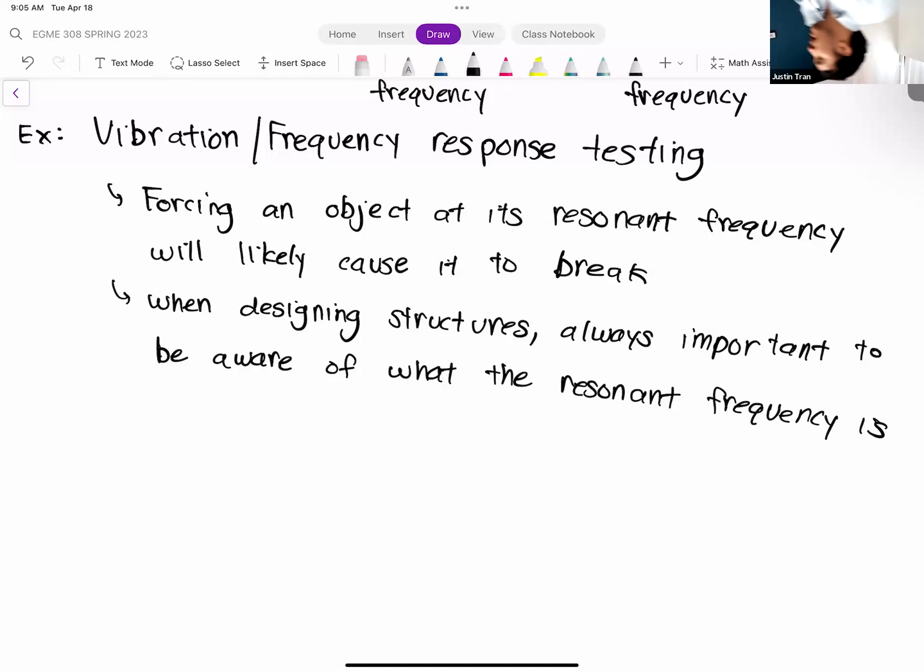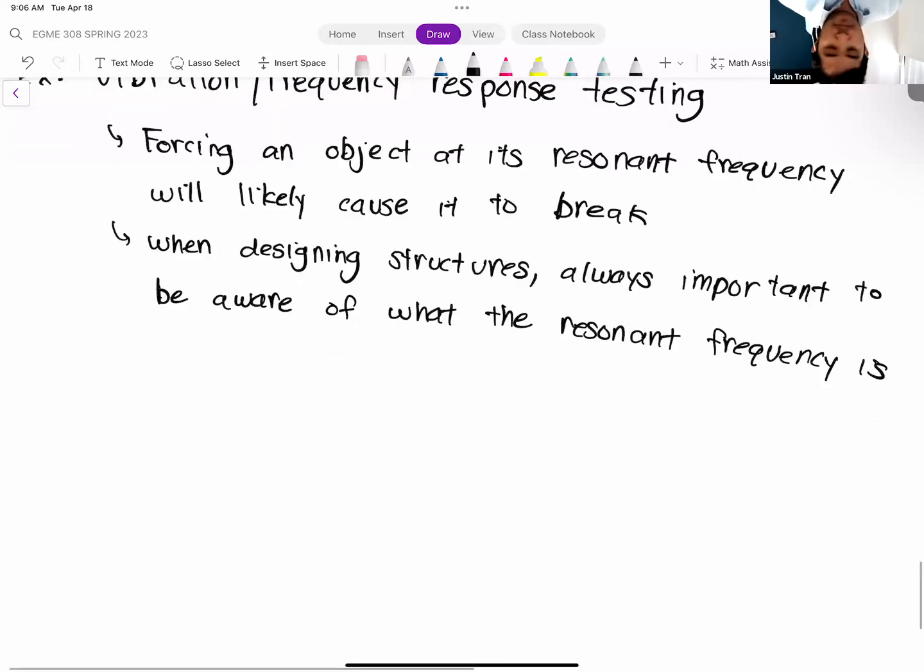Okay. And so how does one find the resonant frequency? How do we know what that is? Well, one way to do it is to do a frequency response test. What's typically done is that if you have some kind of structure, you apply some kind of impulsive loading to it. So basically you just kick it, right? You apply some kind of forcing that occurs very quickly. From there, you observe the vibrations that result. Okay. Let me give you an example.